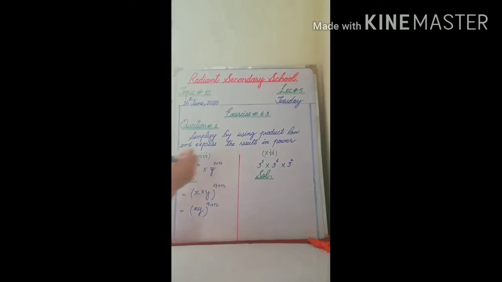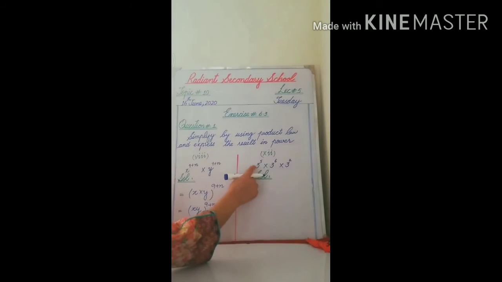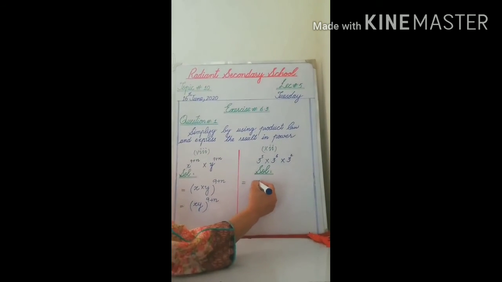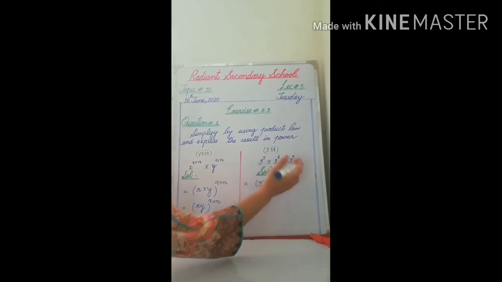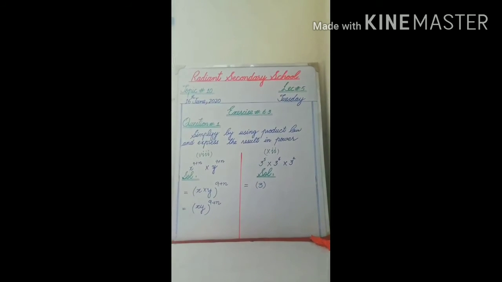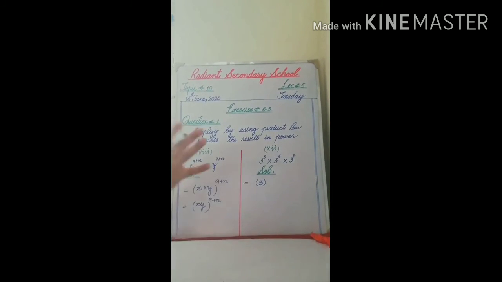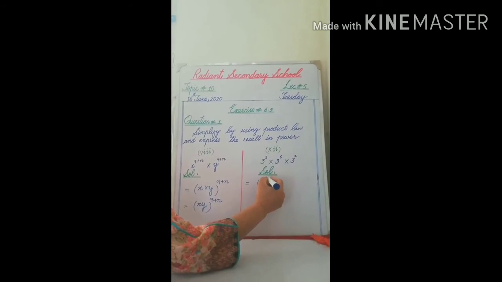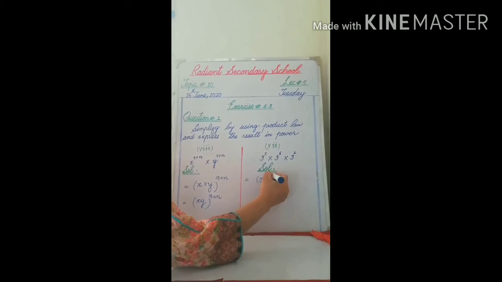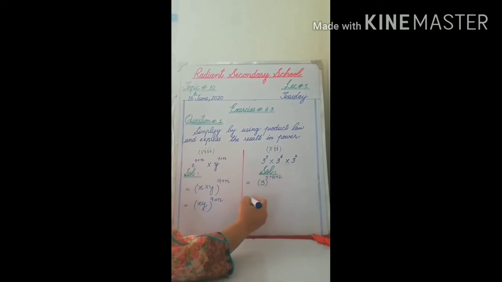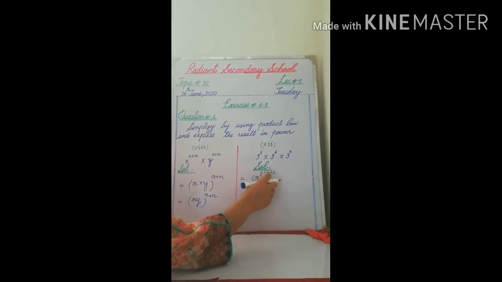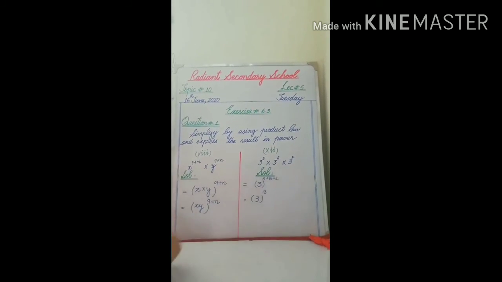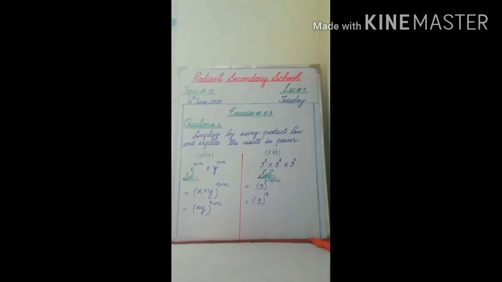Okay, now come on the last part of question number 1. You can see bases are same, so we have to add their exponents. Now don't get confused, there are 3 bases. What we will do doesn't matter, don't take tension. Simply apply product law. Bases are same, so you can add their exponents in the same step. 5 plus 6 plus 2. Then 5 plus 6, 11. 11 plus 2, 13. Answer will be 3 raised to power 13.